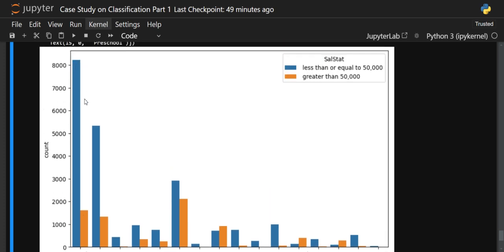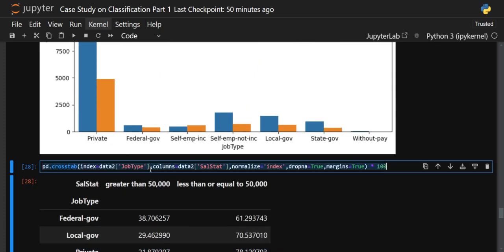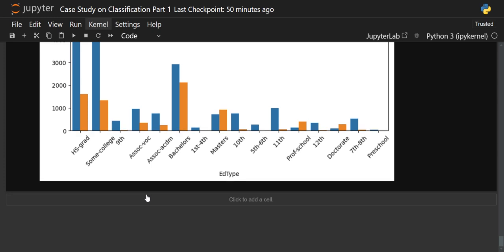Okay, so that you can see which has crossed for the less than or equal to 50,000 is approximately above 8,000. Okay, approximately 8,500. Okay, so for the exact values, again what you can do, you can use this crosstab,